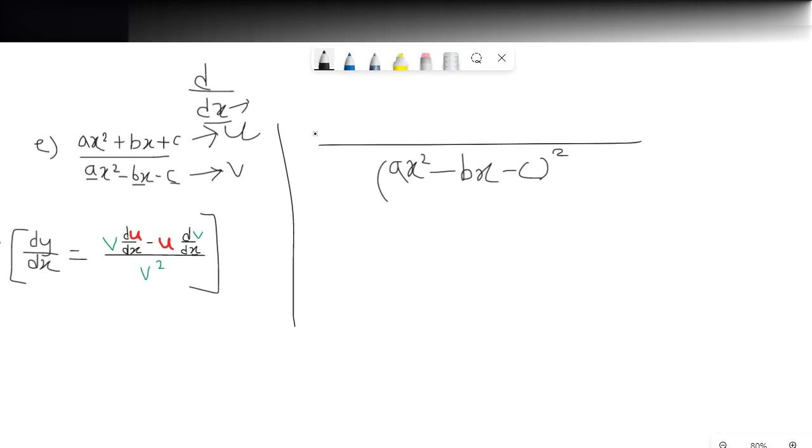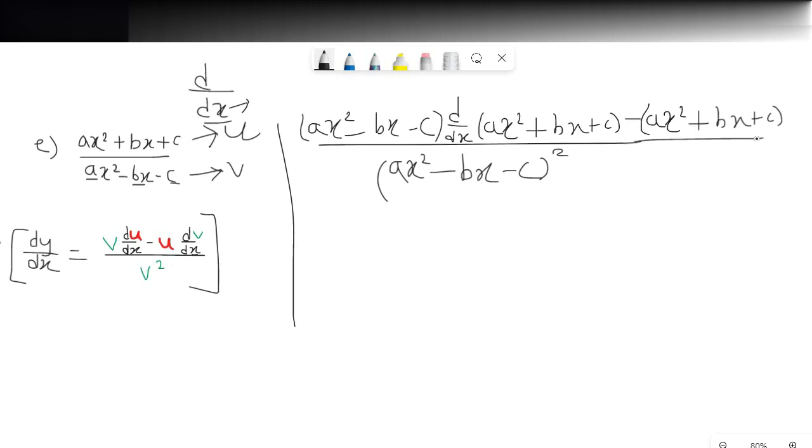So at the top we have v, which will be ax square minus bx minus c, multiplied with the derivative of the function u, which was considered being ax square plus bx plus c, subtracted by the same function u as considered before, and you have the derivative of v,